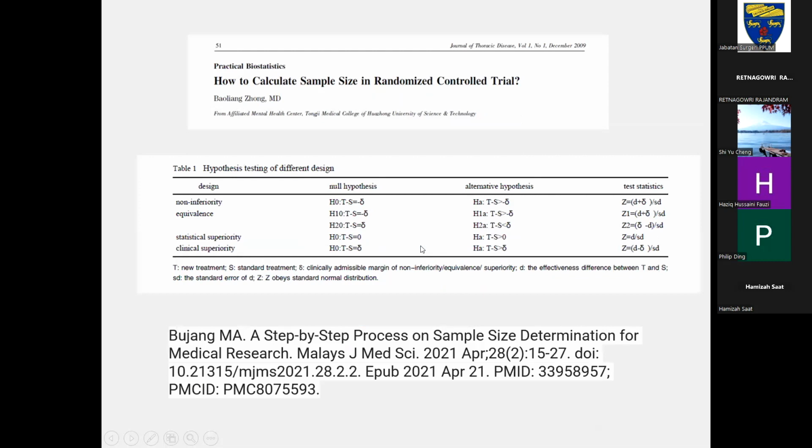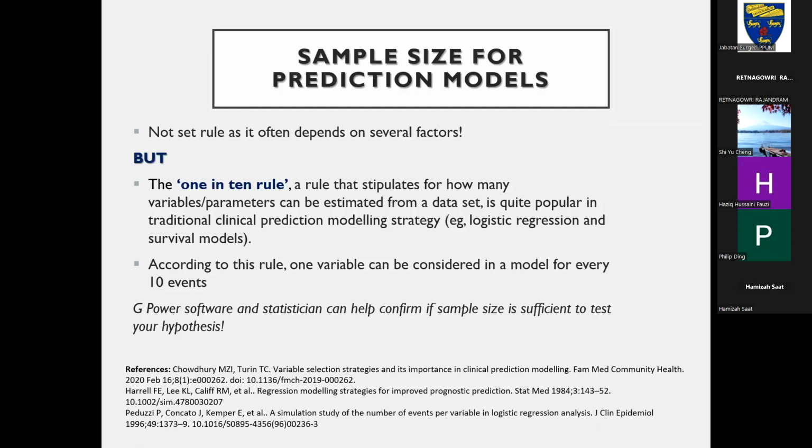I'm not going to go through the step-by-step math. I'm giving this whole talk to give you guidance on knowing first how to start and how to speak to the statistician. You can let the statistician know whether your study is superior, or inferior, or you're trying to prove something that's equal, and all of those things. And they can calculate for you accordingly using the online calculators which they have, which can be G-Power and a few other things which normally the CRC and CIC have. Okay, and even so you can just tell them.